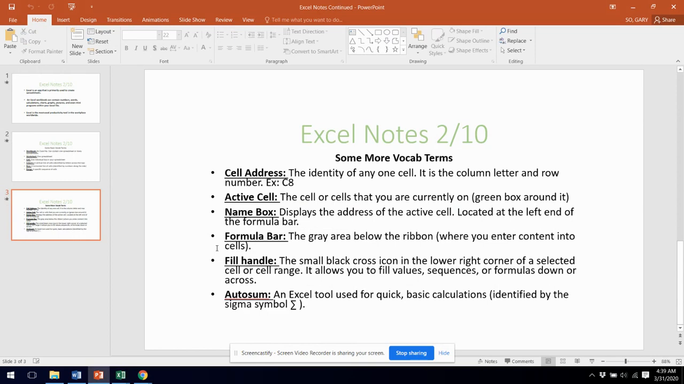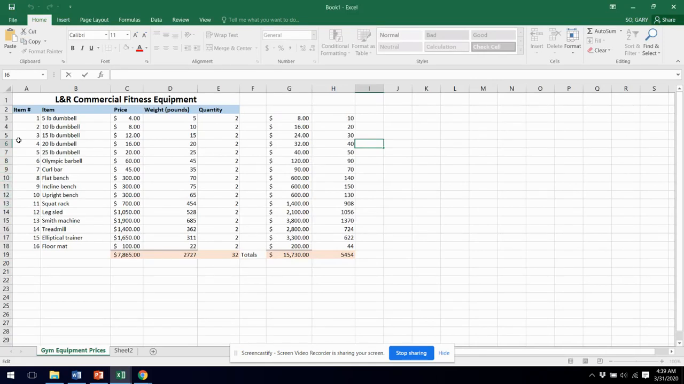The fill handle you are familiar with if you've watched the fill handle tutorial video, or if you've successfully completed the 50 states assignment. The fill handle is the small black cross icon in the lower right corner of a selected cell or cell range. It allows you to fill values, sequences, or formulas down or across. Quickly, because I have demonstrated this in the other video, and we have completed this in the 50 states assignment,